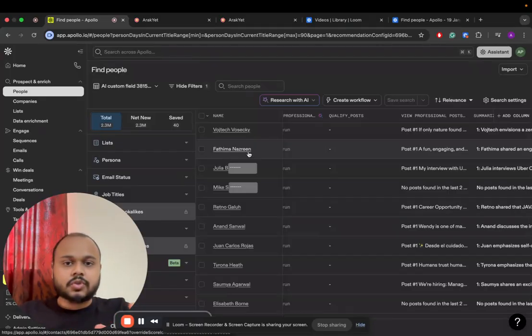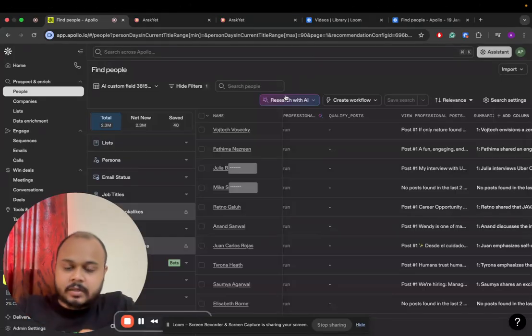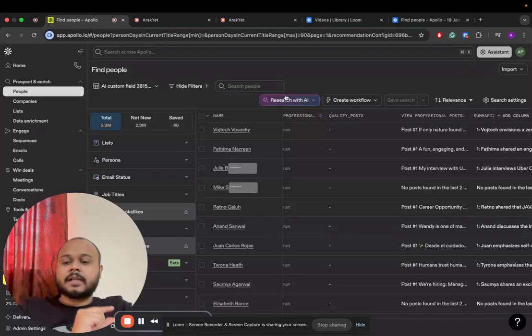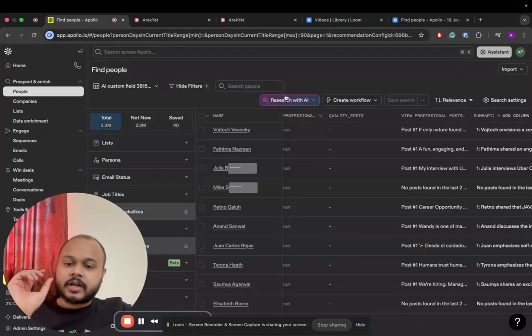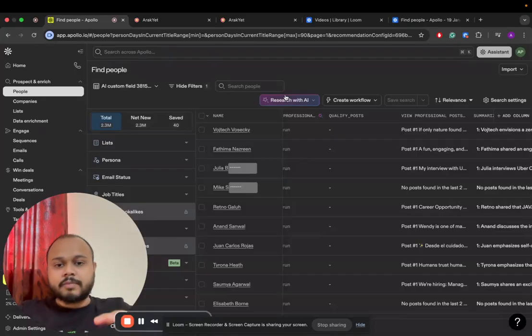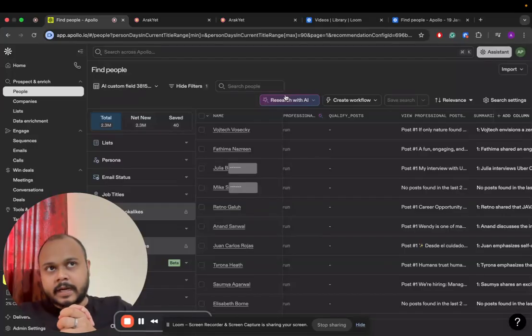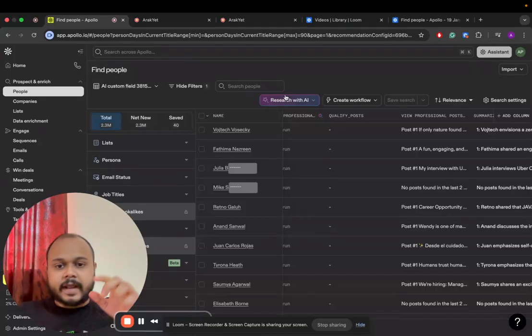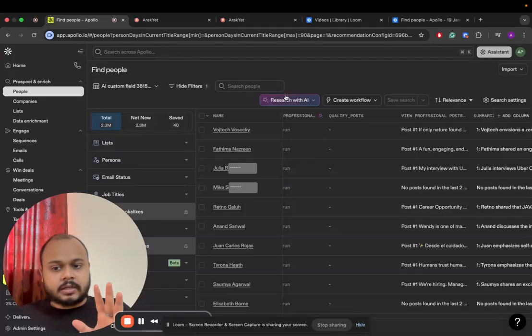Now I'll quickly show you how you can achieve that, and I'll also show you how complex it becomes. For everything you do, it charges you 1 or 2 credits, thereby depleting your credits faster. So for simple prompts, like if you want to find people who posted about go to market on their timeline, for at least, let's say, x number of contacts, for every LinkedIn profile you would be charged around 3 to 4 credits, because you would first need to enrich it with